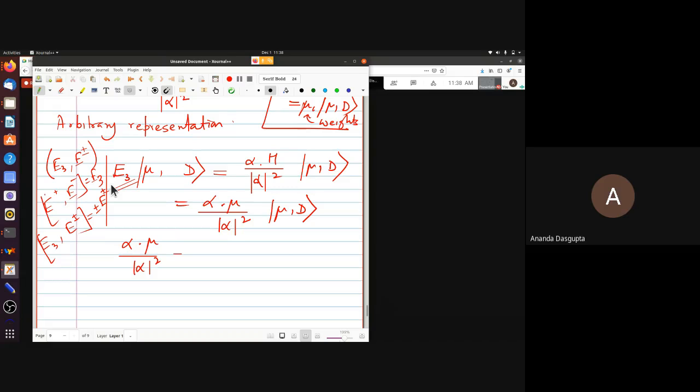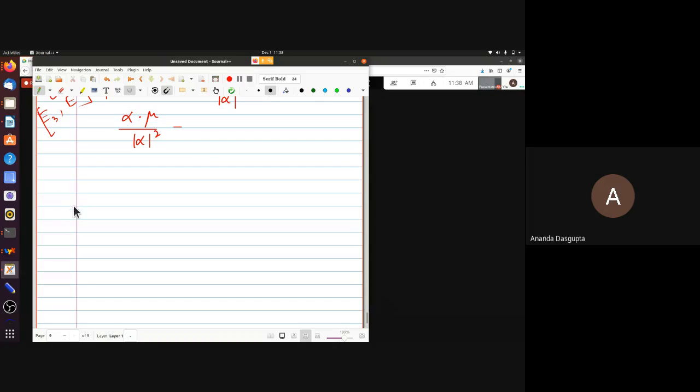Did we use that when we found out the representation theory for the SU2 generators? In other words, let me just remind you of what we did. J3 acting on JM, J plus minus acting on JM